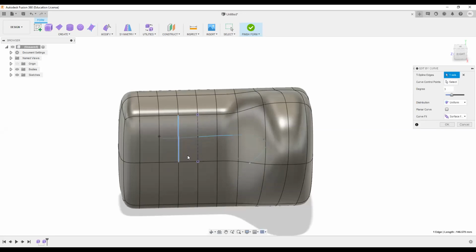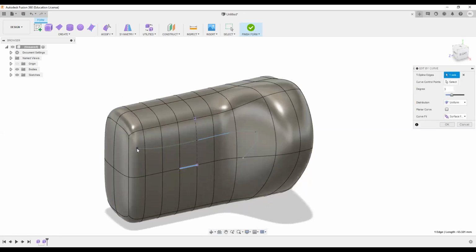So we can select a particular curve, and we can control the points. For example, in the T-spline, we can control what points we want to change and what points we do not want to change. And this way we can control and tweak the form of the particular body by using the curve entity. Okay.